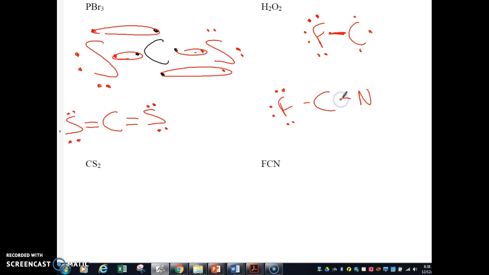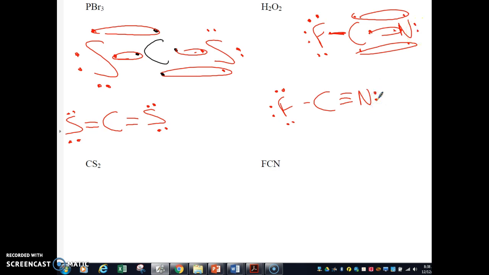The only other element is nitrogen. Now nitrogen has a tendency to form 3 bonds. This pair is not available for sharing, but you can get a bond here, and a bond here. So I'm actually going to get a triple bond. Now when you look at this, carbon has 2, 4, 6, 8. So remember the bond counts as 2. Nitrogen so far has 2, 4, 6, but remember I have this unshared pair, so I have to put that